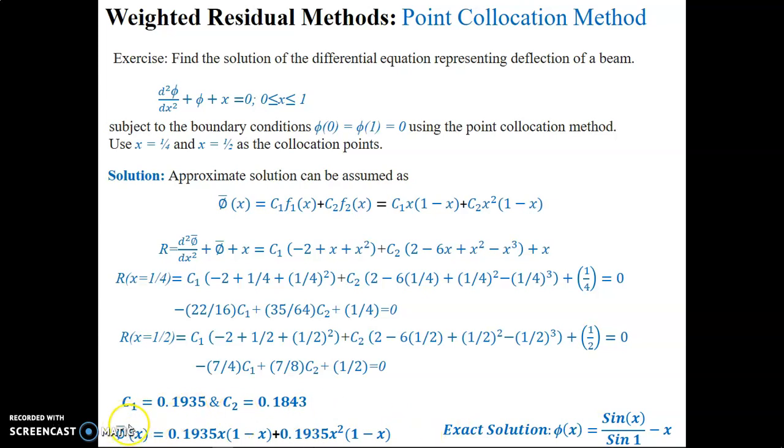Now what you can do, for different values of x, you can plot the graph for the tentative solution, and again on the same graph you can plot the function obtained by using the exact solution, so that you can compare these two solutions and check how they converge with each other. If they are not converging with respect to each other, then we need to increase the number of collocation points. When we increase the number of collocation points, additional terms will be added over here and our approximate solution will approach the exact solution.